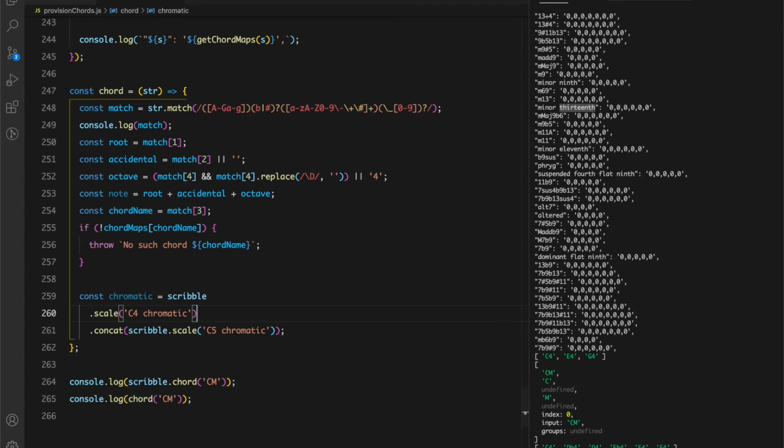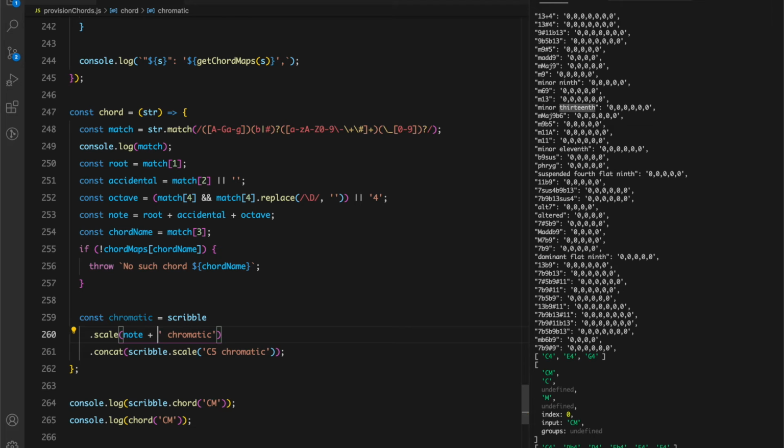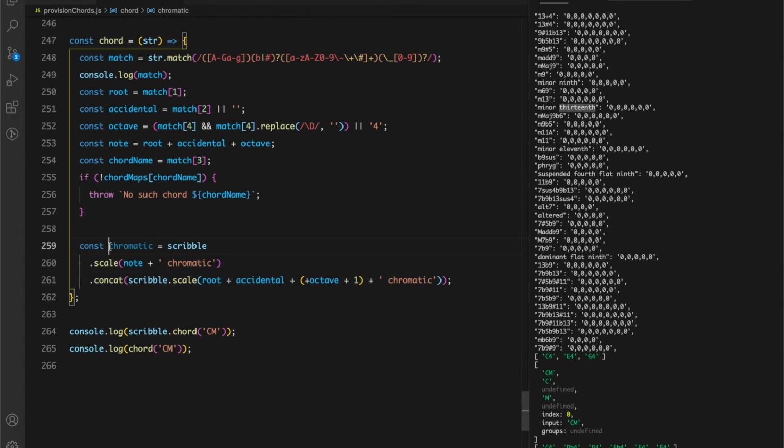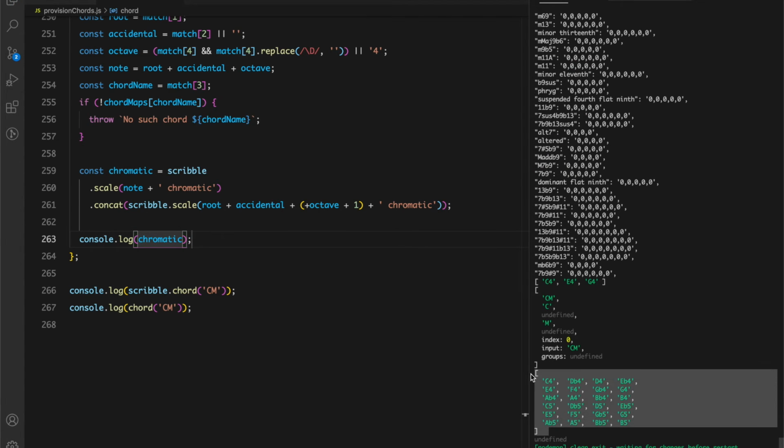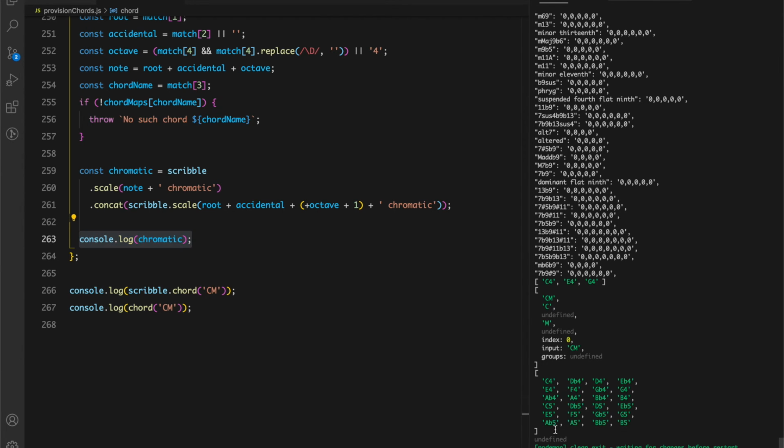So C chromatic. So note plus chromatic. We cannot use note over here because we want to bump the octave at this point. And how we'll bump the octave is by making it a number first so that we can add it. So just putting a plus before that to coerce it to a number. And now hopefully we have a chromatic scale. Let's just console that out to see how it looks. Yeah, there it is. It's like a double chromatic scale, two chromatic scales, one after the other, into one array. So we're going to work with this, iterate over the elements of this array and use the map that we established from it.